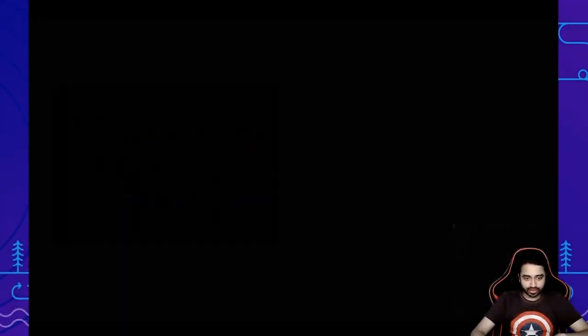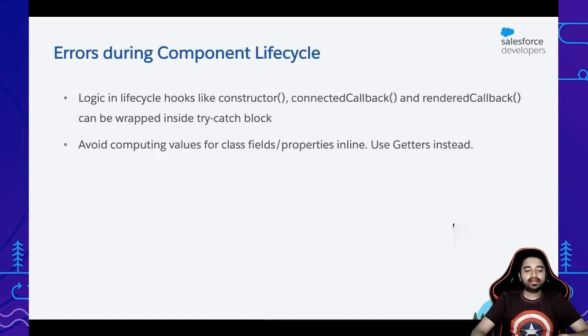Okay, so moving on, what else is left? Errors during your component lifecycle. We spoke about all of these wire methods, imperative methods, and your synchronous, asynchronous logic, which gets executed maybe when you click a button. Now, what about your component lifecycle? There are these 3 hooks: your constructor, connectedCallback, and renderedCallback. And now how do you handle that? It's actually pretty simple because you can put your logic inside the lifecycle hooks within a try catch block, and